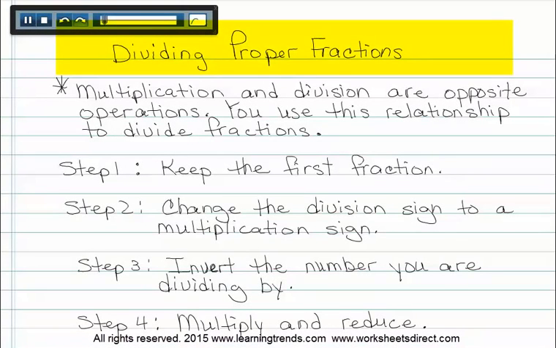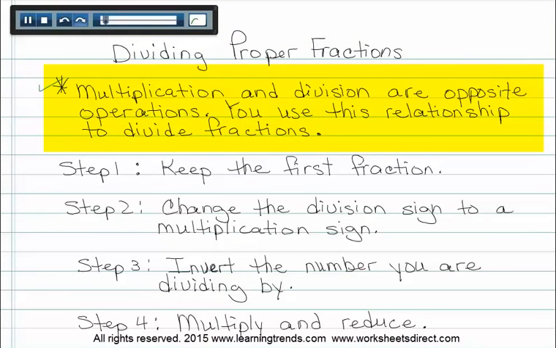Let's take a look at dividing proper fractions. And as you can see, multiplication and division are opposite operations, and you're going to use this relationship when you divide fractions. There are 4 steps we're going to look at. I'm going to read through them, and then we're going to practice 3 or 4 problems with these steps as